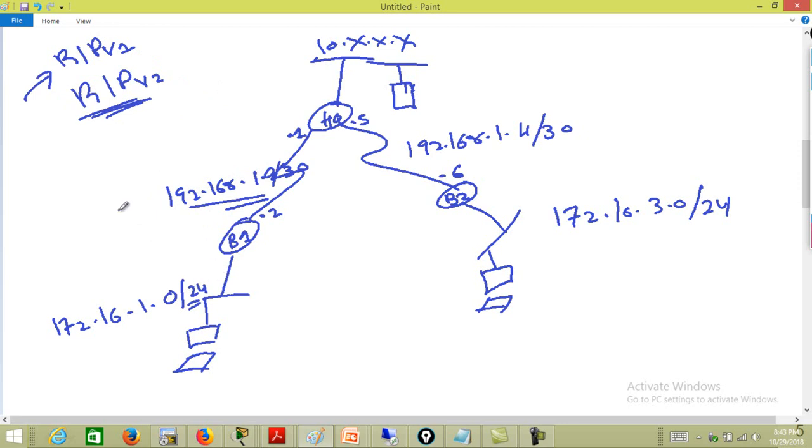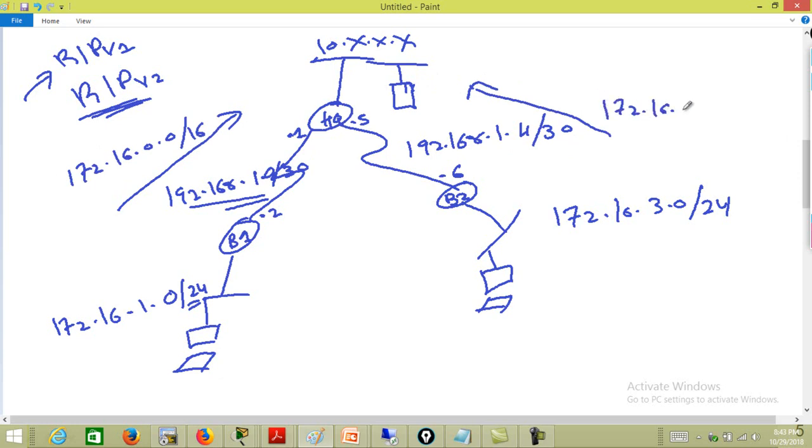B1 will gossip to the HQ that I know about 172.16.0.0/16. So my branch 2 will also advertise to the HQ that I know about 172.16.0.0/16. So from the HQ router perspective, it will think that B1 and B2 are somehow connected, because they are both saying that